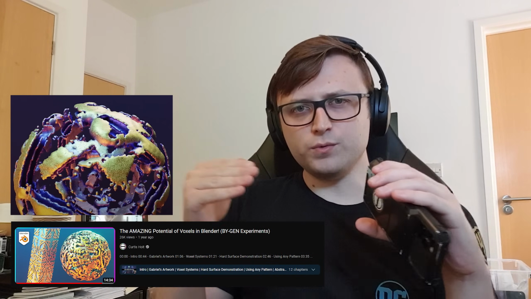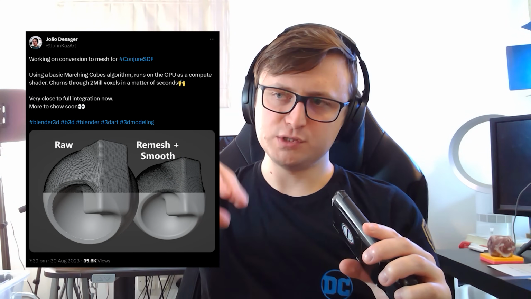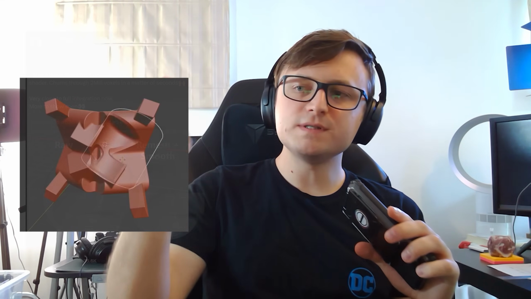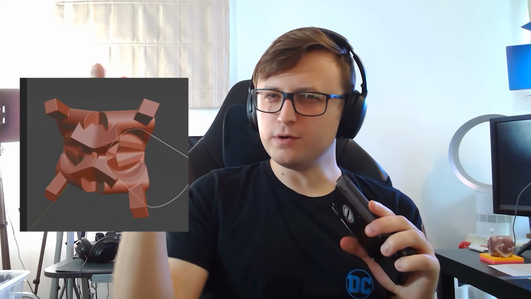And it feels like when you are meshing voxels, it doesn't matter how much detail you put into it, you're always going to see a little bit of a bumpy grid. It's a bit weird. And that's always going to be a bit of a limitation, right? Because even with SDFs, when you're converting down into a mesh, you still need to choose a remeshing technique, and each of those is going to have pros and cons. So you're going to lose some detail, but I think the important thing about this method is that up until the point where you want to realize the shape, you have something perfect, which cannot be said for every modeling